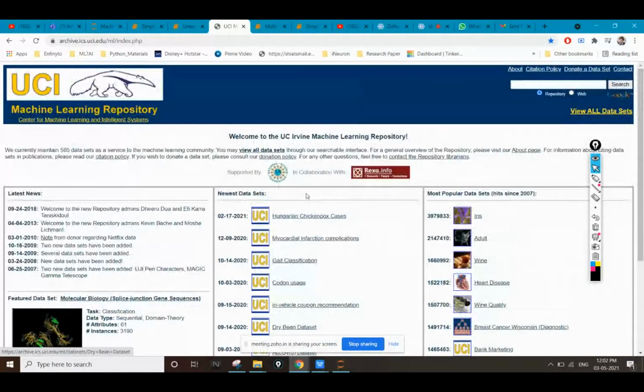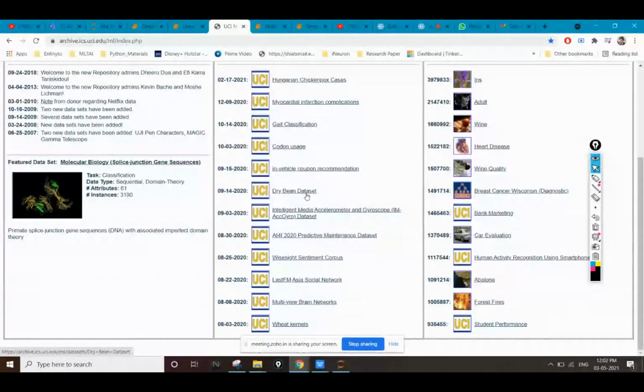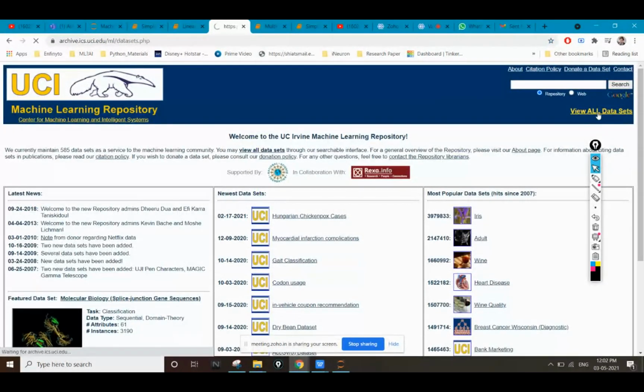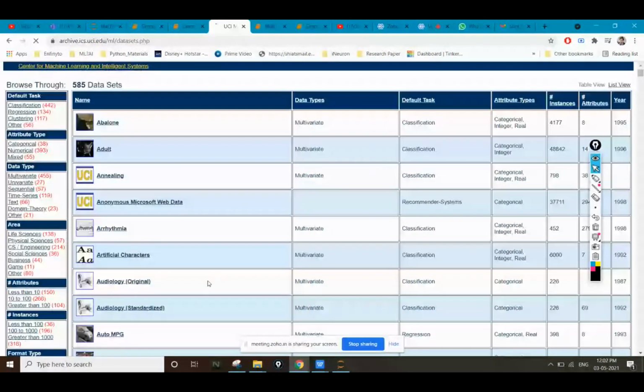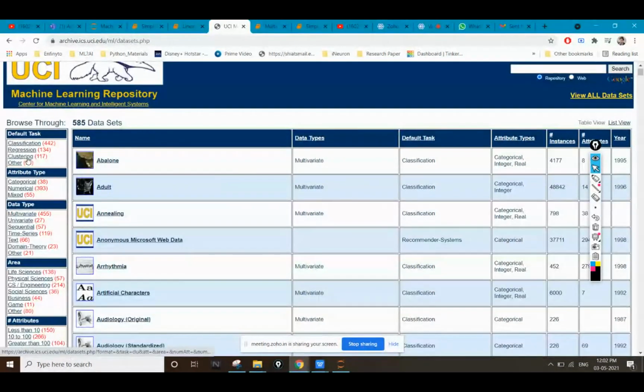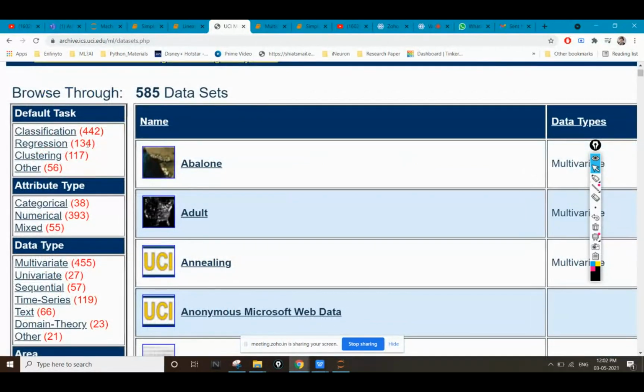This repository consists of many different types of features and a large amount of data. What type of data set do you want? We are discussing regression, and for regression they have 134 different data sets which you can try, to see how to improve your regression value or minimize your error.